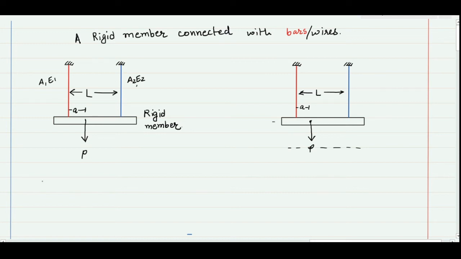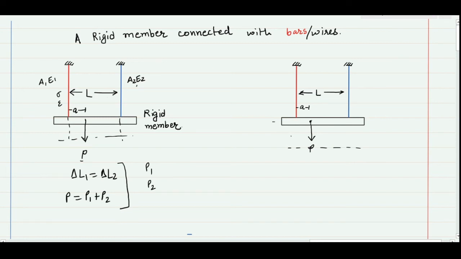In the first case, it may be given in the question that this rigid member remains horizontal before and after the expansion. So in that case, when I apply the force P, both wires will have some extension, but the change in length in both wires will be the same. So here I can write that my del L1 will be equal to del L2 and P is going to be distributed in the two wires. So this is again the same problem. The equations are identical to what we considered in the previous case, and when I solve these two equations I will get the unknowns. Once I get P1 and P2, I can calculate the stress and strain in individual wires.